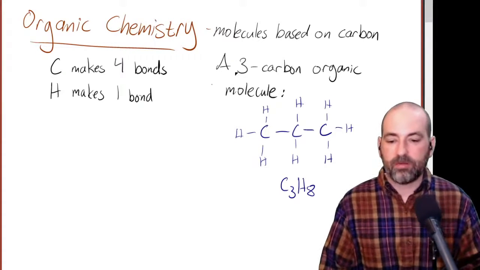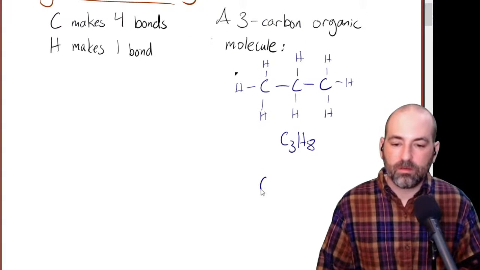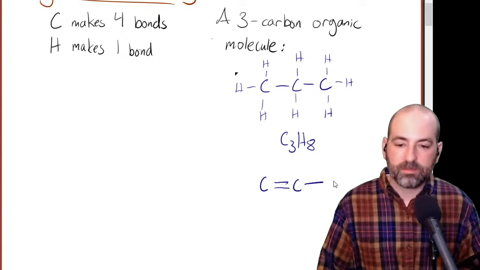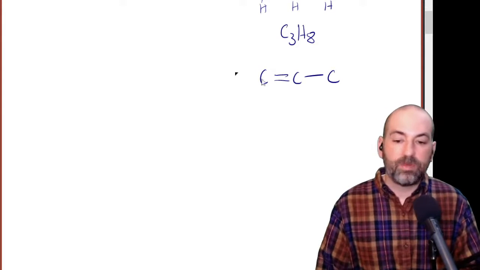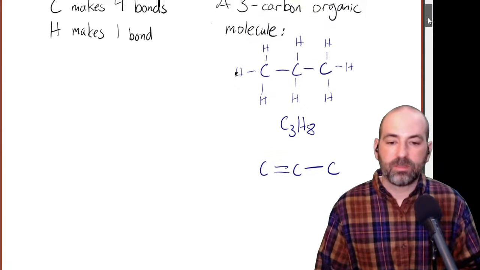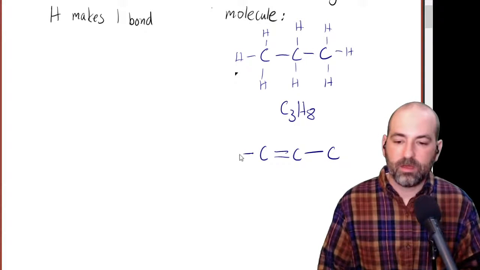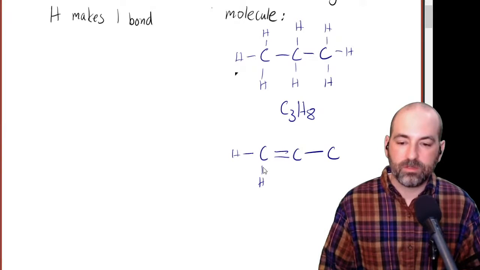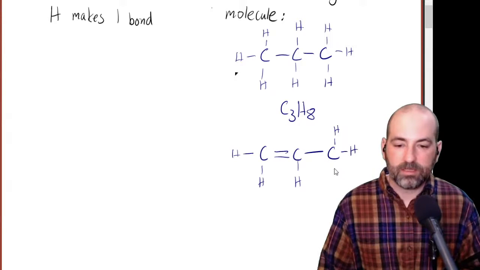There's a couple other ways to do that if we introduce multiple bonds. So we could also do something like this. If we did this, now the hydrogens are going to be a little bit different because, again, each carbon needs 4 bonds total. So this left one might have 2 hydrogens, so that we have a total of 1, 2, 3, 4 bonds. The middle one, 1, 2, 3, we need 1 more hydrogen there. And then the one on the right, we need 3 more hydrogens there to make 4 bonds.